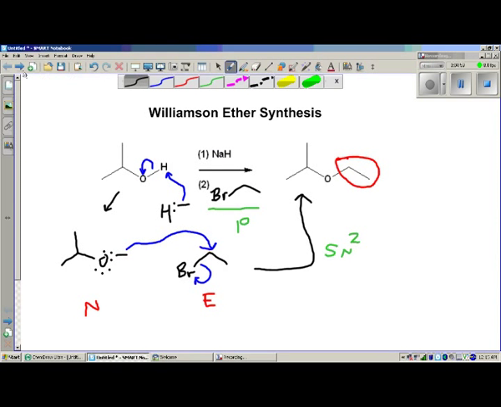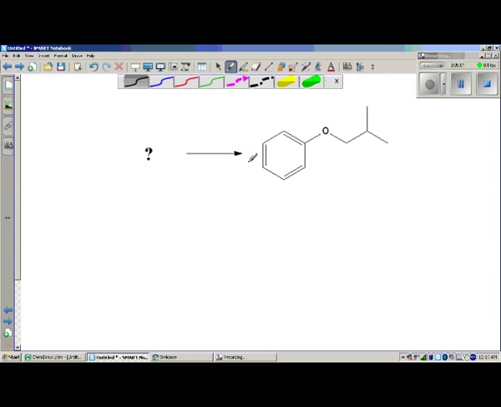So let's look at an example of this and then ask ourselves, well, okay, take a look at this ether. We can tell it's an ether because of the oxygen with the two carbons either side of it. How are we going to use the Williamson ether synthesis to make this molecule? Okay. Now, the way to go about this is,